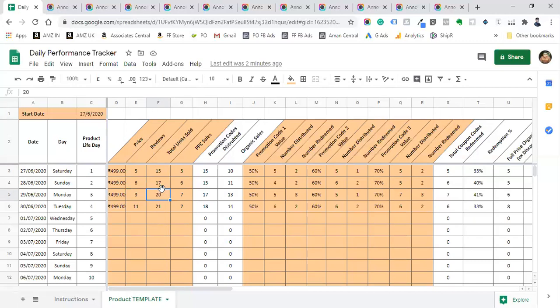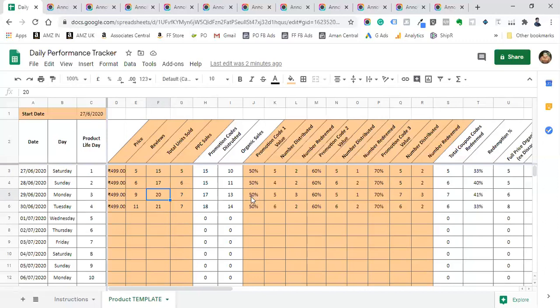You will be able to find this by going to Reports. On the business report, you will be able to see the number of sales you made on that particular date. Then PPC sales, you will be able to get from your Amazon Ads campaign manager. If you filter it by this date, you will be able to see how many sales you got only through Amazon PPC ads. Then these two columns will automatically get populated.